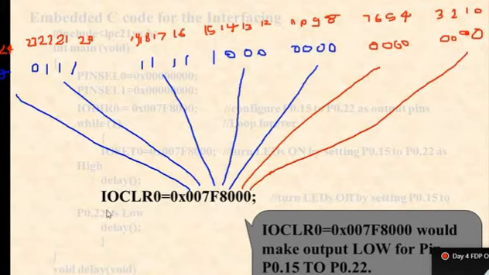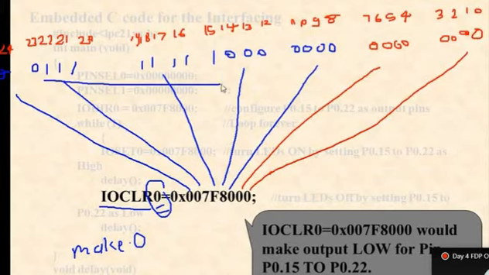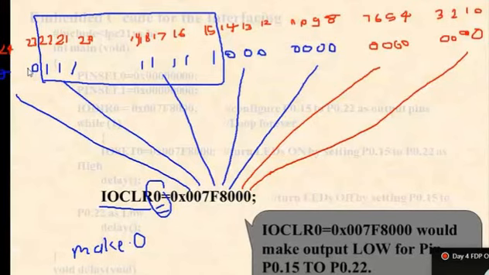Now see, IOCLR. IO clear means make 0. To whom? To register 0. So this 0 means register 0, and only these bits will become 0. See, in microcontroller 8051 we use simple instructions: set bit, it will become high; clear bit, it will become low. But here it is not like this. To make a pin high, you have to select that pin, meaning you have to make it 1. To clear that pin, you have to use the same approach.